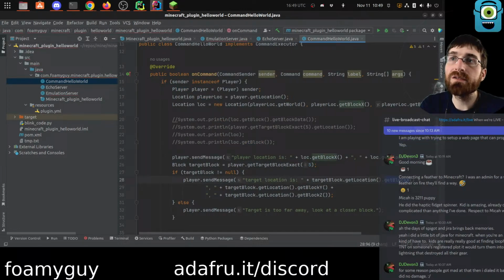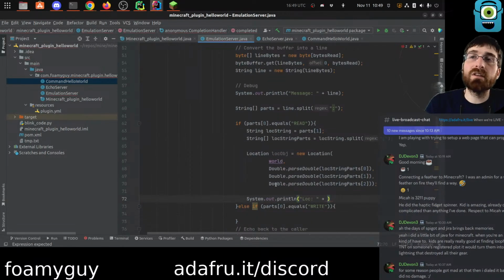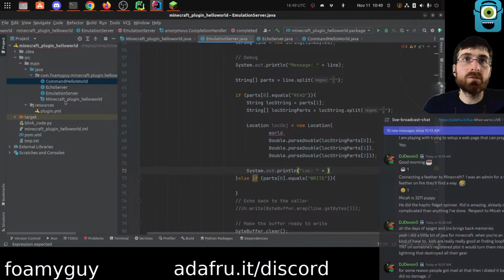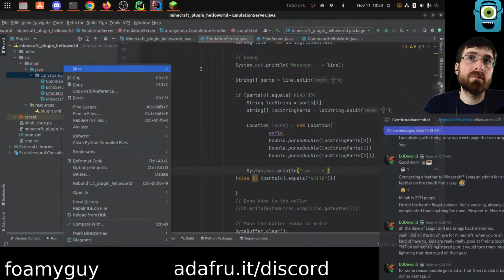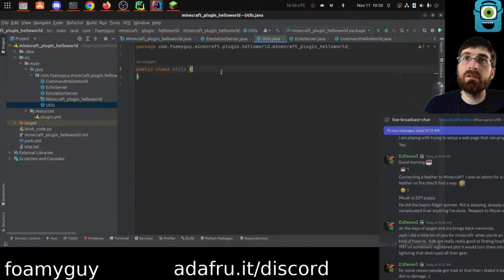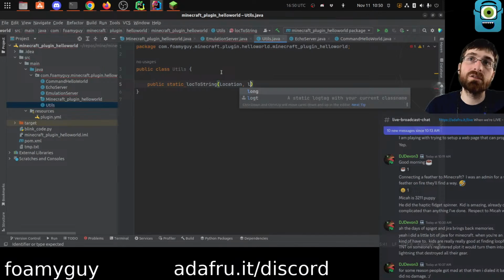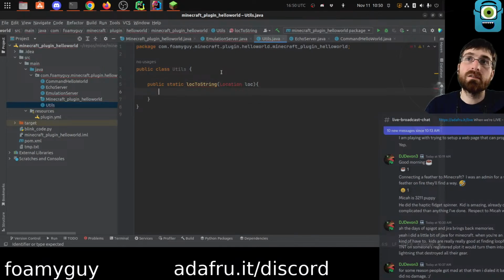Get block X, get block Y, get block Z. I do kind of want a function that returns a string from a location. We're gonna make everybody's favorite non-descriptive utils, with its public static lock to string, location lock, return